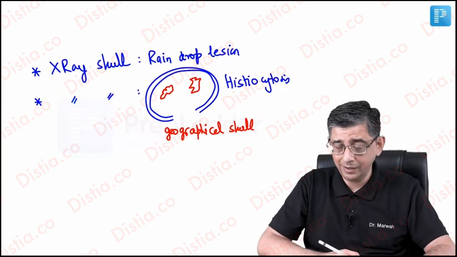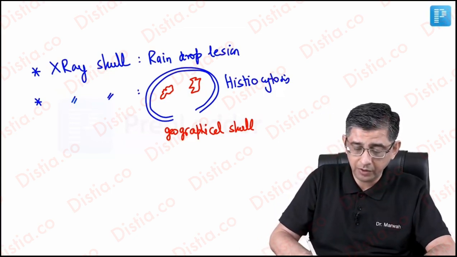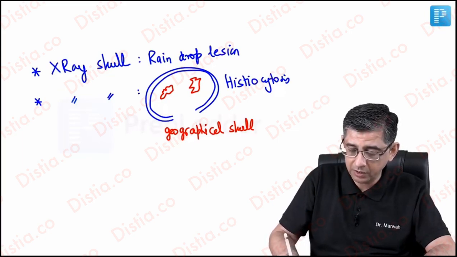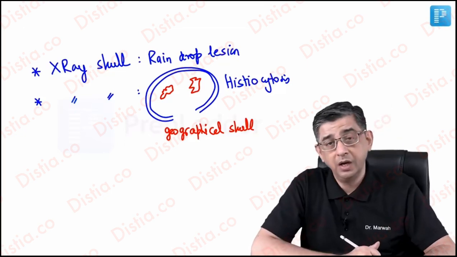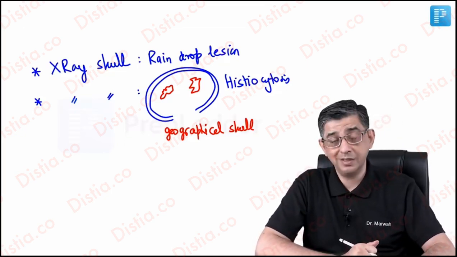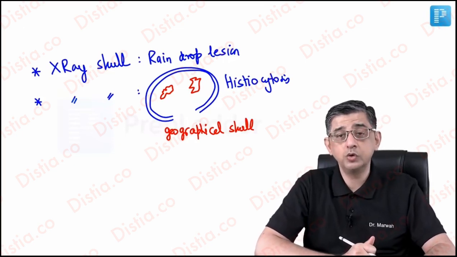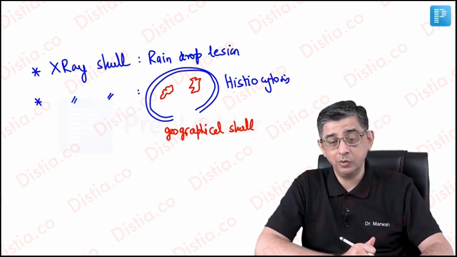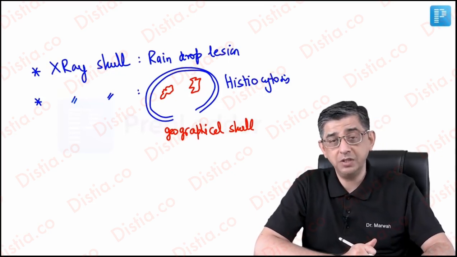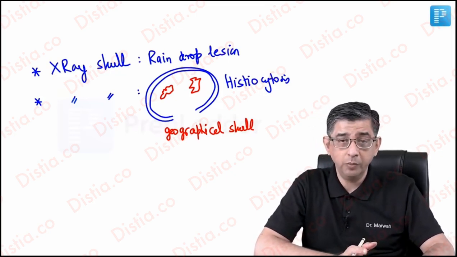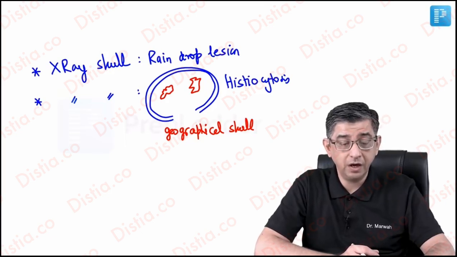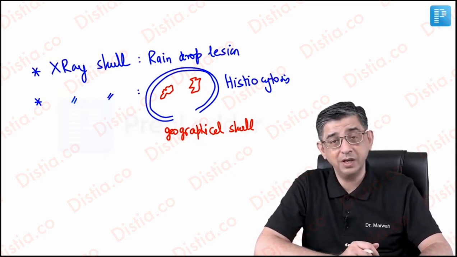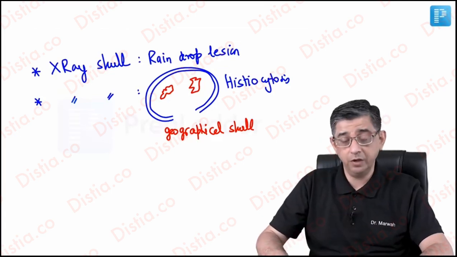Another feature of X-ray skull that I can mention is the hair on end appearance. That is anyway going to be seen with hemolytic anemia, so that can be sickle cell anemia, that can be thalassemia. And the next point that I'm saying is actually a repetition. Lytic lesions can also be present in patients who have osteopetrosis, but in osteopetrosis the bone density will be substantially increased. The bone would look like ivory. So when I say ivory skull, I say ivory vertebra, you very well know we're talking about osteopetrosis per se, and that's where again an X-ray skull can be given.